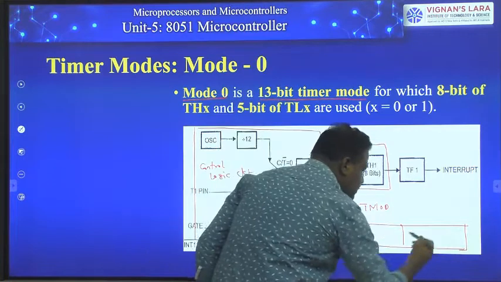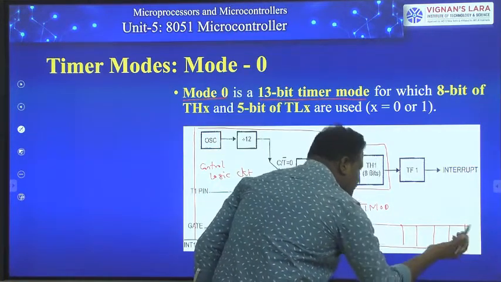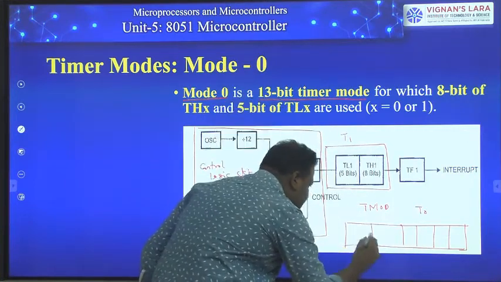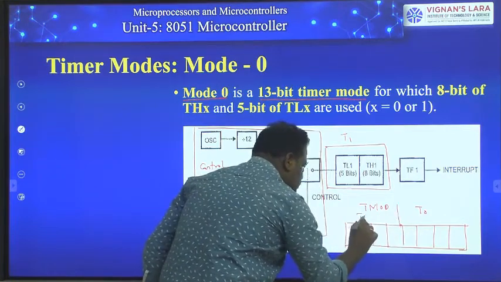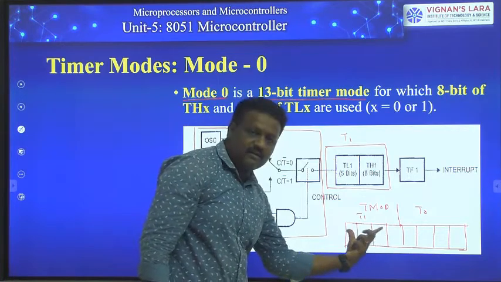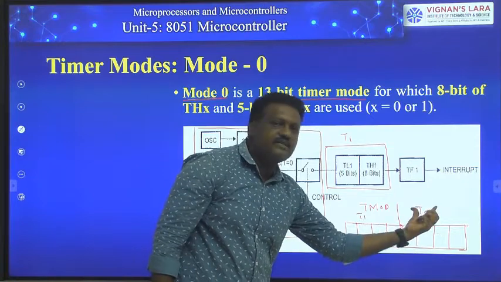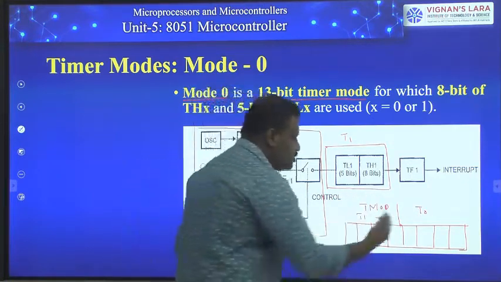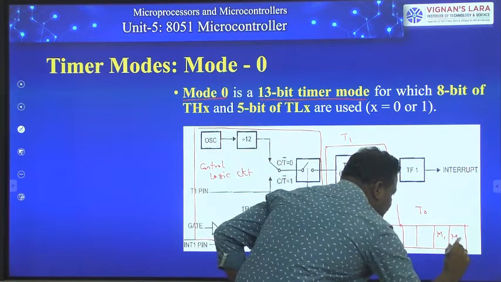This is my least significant nibble, which is dedicated to timer 0, and this is the upper nibble, which is dedicated to timer 1. What are the bits we find here? The same bits exist in both nibbles, but these bits are related to timer 0 and these bits are related to timer 1. In this, the least two significant bits are M1 and M0.